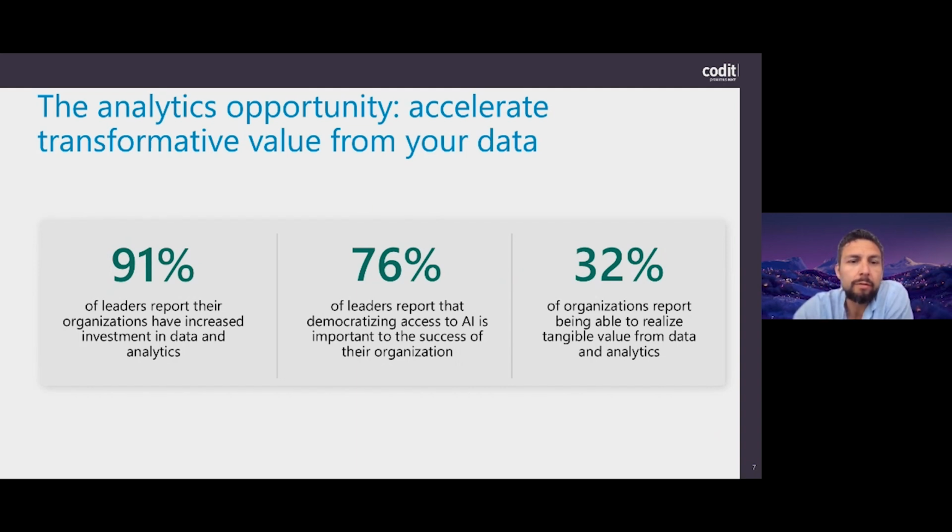We also see that the market is still accelerating in doing data and AI projects. We already see that, for example, 32% of the organizations are already able to get some tangible insights out of the data with the use of analytics and making sure that they have all of their data present.